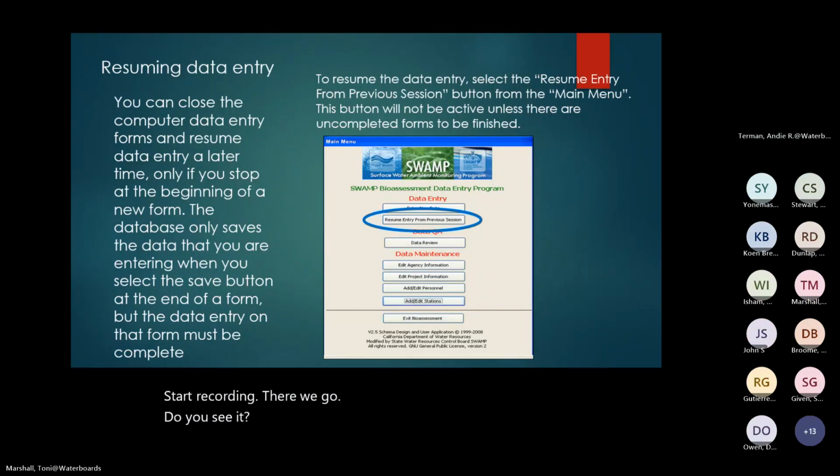Now do you see it? Yes, looks good. Okay, great. All right. So,